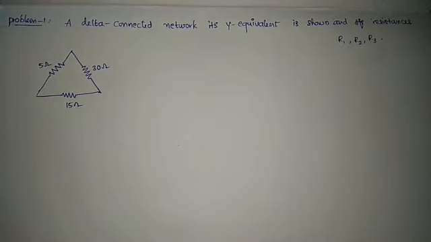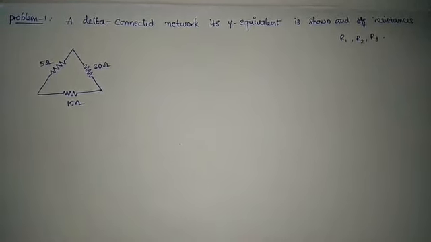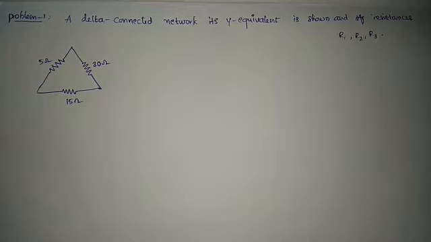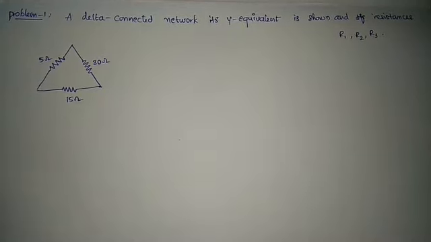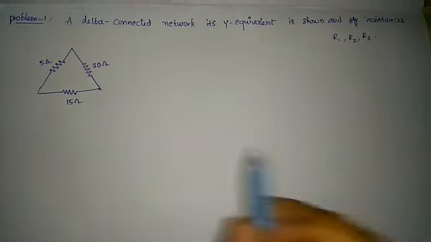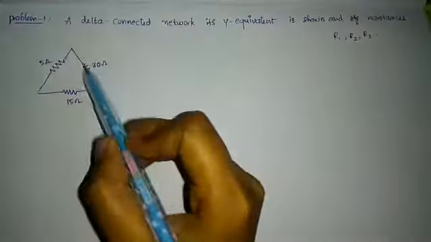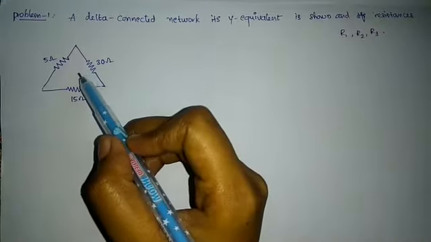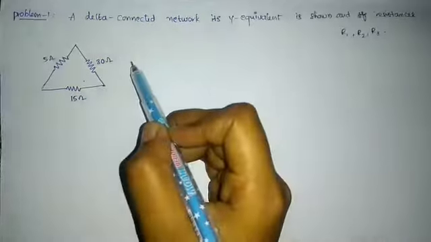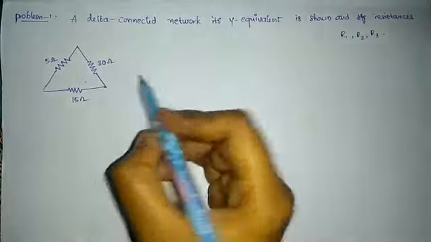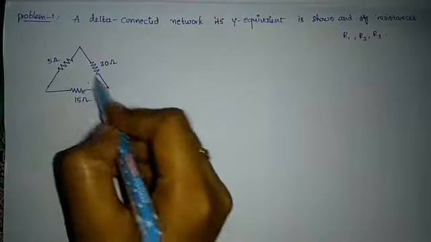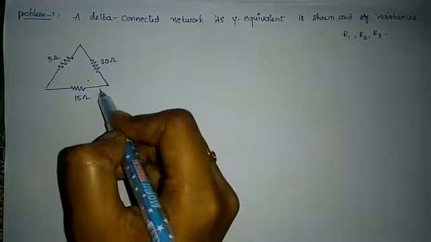In the last class, as we learned delta and Y conversions, in this class let's see some examples based on the delta and Y conversions. And in this problem 1, the delta network is given and we have to convert it to the equivalent Y network. As they have mentioned all the resistances in the delta,